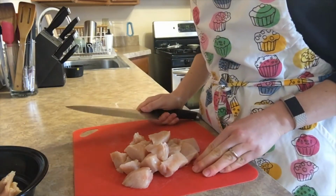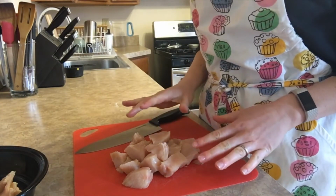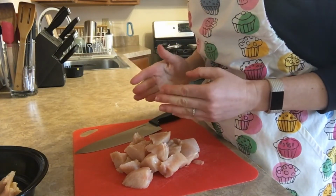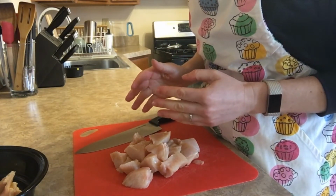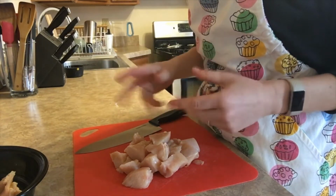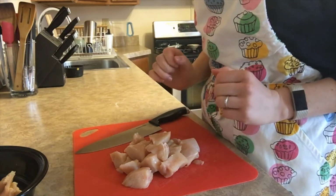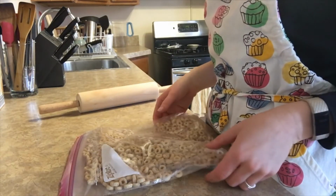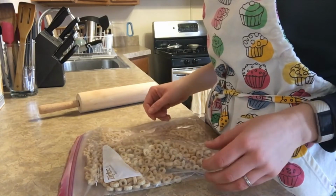Now that I have my chicken cut up into nugget-sized pieces, I'm going to want to make sure to wash my hands really well before moving on to the next step of creating the breading for our nuggets. Now that I've sanitized my surface after cutting my meat, it's time for me to go ahead and prepare the